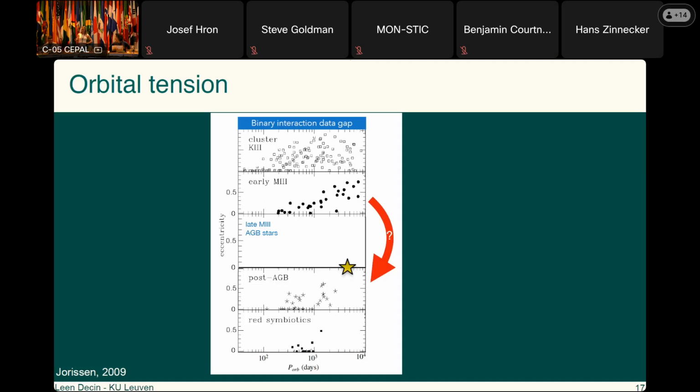Okay, I'll just make a quick point about this one point. If we take the symbiotics and we plot them on the same space, and we already heard about one nice one, those stars can fill that space and they have the same problem with the eccentricity. So, and I think Hans will show that. Okay. Cool, good. Thank you very much. Thanks, Lian.